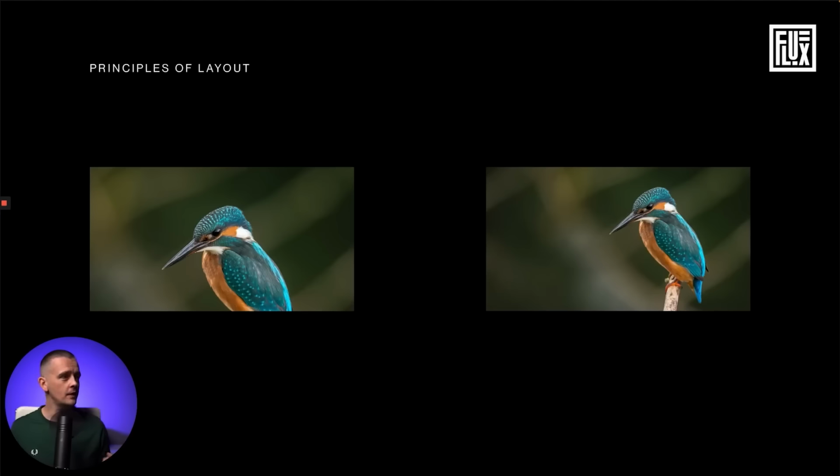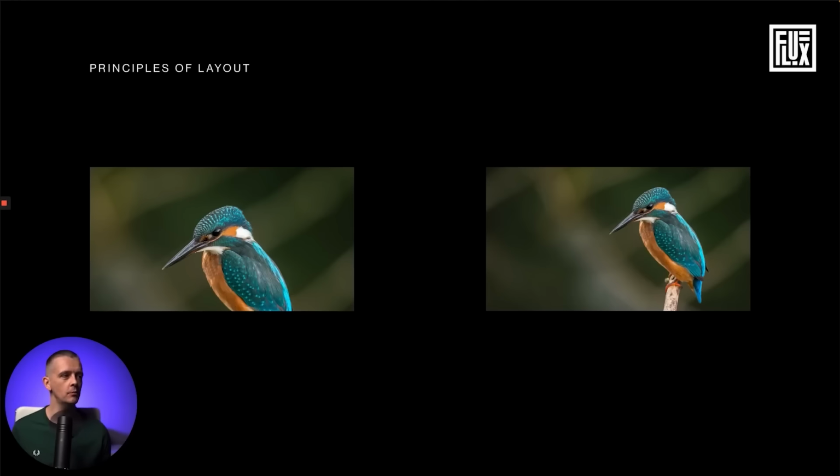And you see this in things like photography. A well-known principle about focal point is the rule of thirds, and photographers are taught to do this early. So in this image, the bird on the left is placed in the center, its head is placed in the center of the frame vertically and horizontally, whereas on the right not only can we see more of the bird,